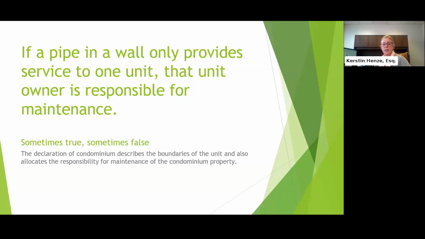Okay. So your declaration of condominium, for example, will describe the boundaries of the unit and then identify who's responsible for what. With HOAs, it's a little bit easier if you just have single family homes. Typically, the owner's responsible for maintenance of the lot.